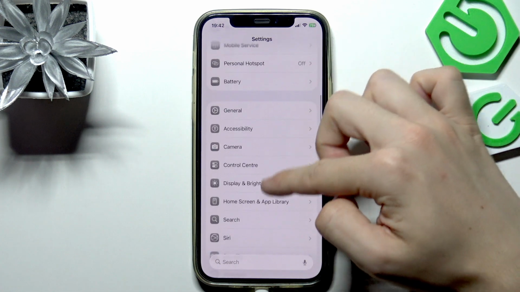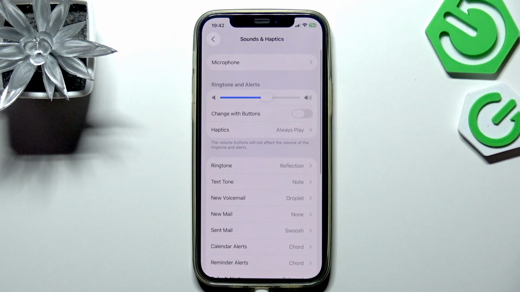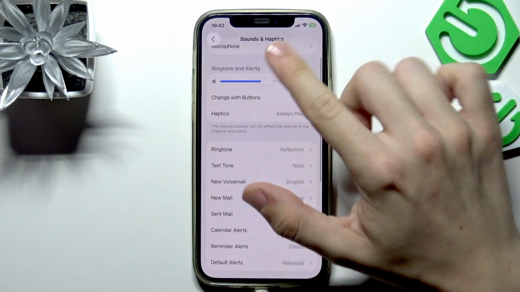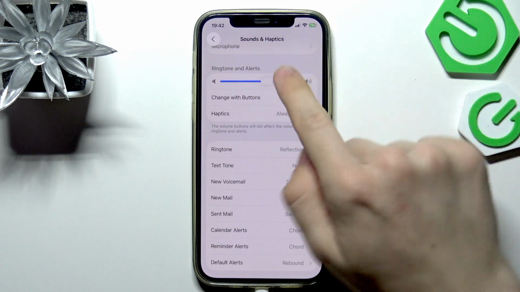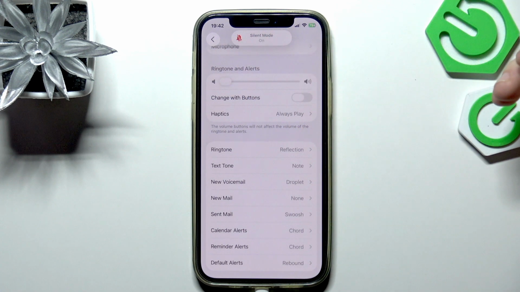So, in the settings, go to Sounds and Haptics, and now find the ringtone and alerts slider. You can simply adjust it to whatever you like,